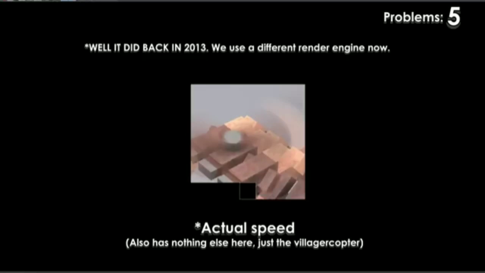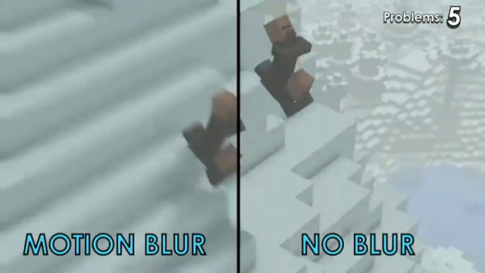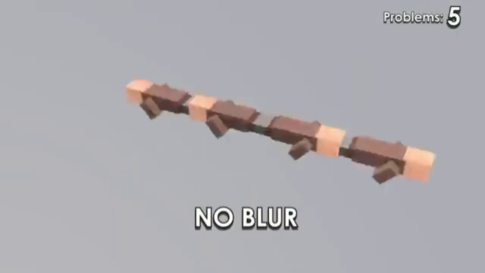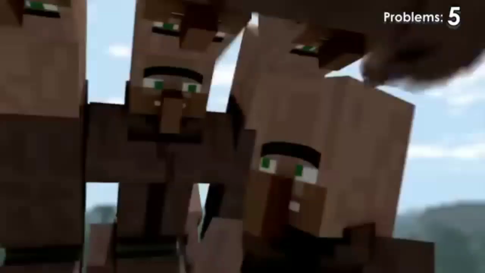We do it because rendering real motion blur takes ages. And when you're trying to get a video done as fast as you can, that's a massive setback. So we fake all of our motion blur in post. The main problem with that is that it can't handle things that move really fast. This is what we start with. This is what we want it to look like, but this is what we get. Most of the time, this way of doing motion blur is really good, and it's super quick, but every now and again, it spits out these glitches.